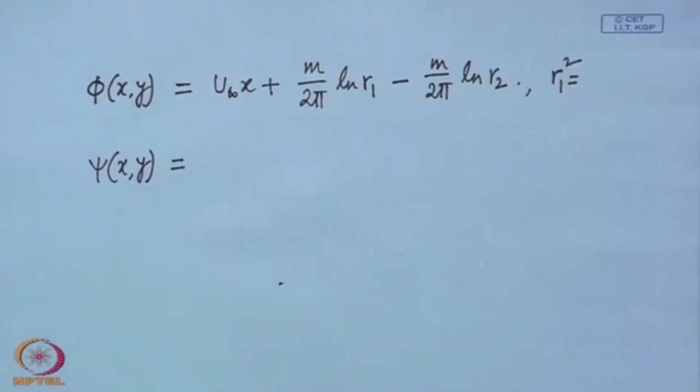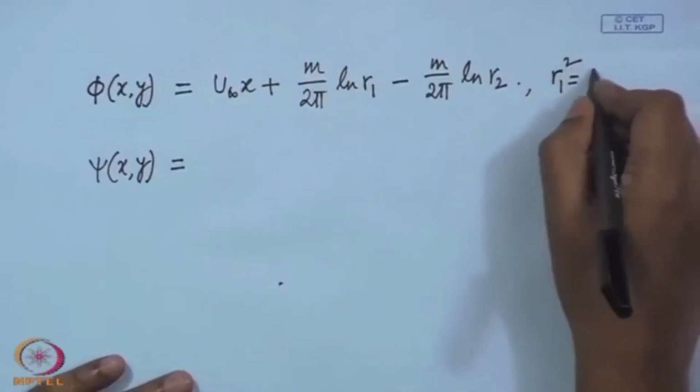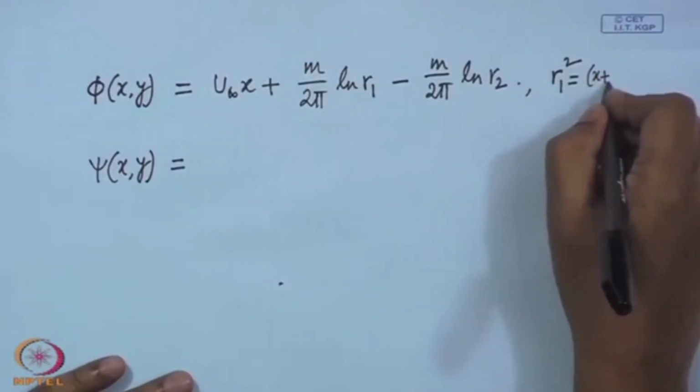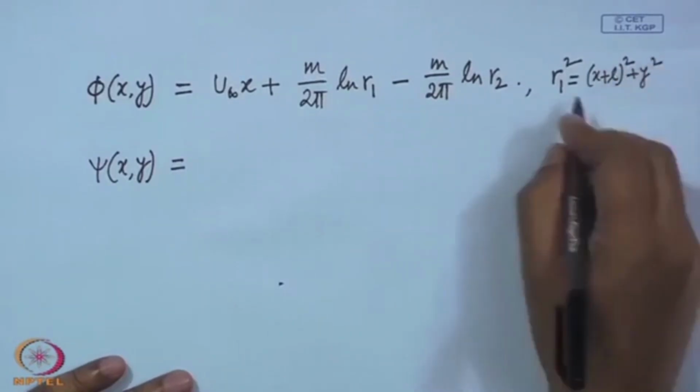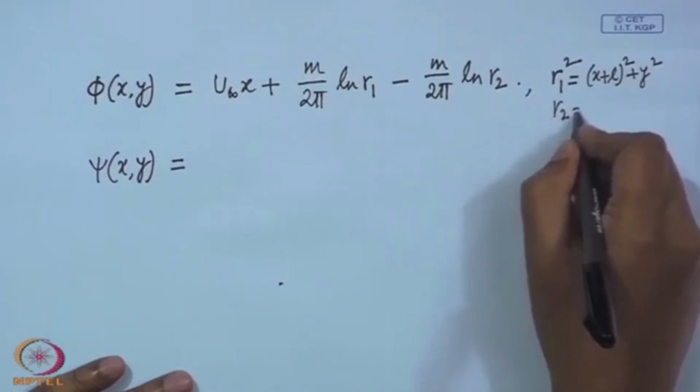It is not simply x square plus y square, it is x plus L whole square plus y square. Yes? And similarly r 2 is